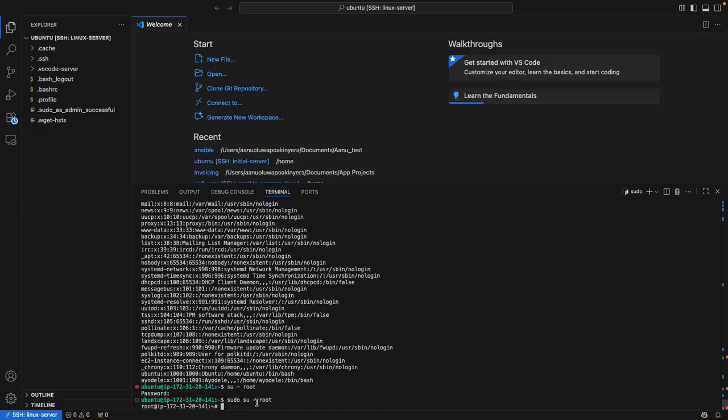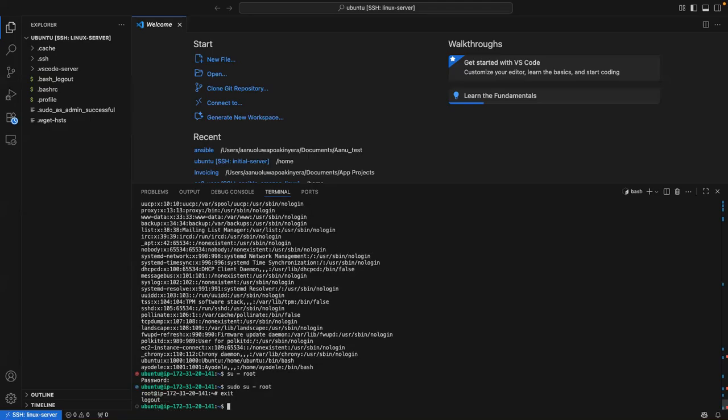So if you are in root and you want to run any command, you don't even need to use sudo because you are already that root user. When you do a sudo as Ubuntu, you are assuming the role of root to do your things. But if you are in root, you don't need sudo because all of your commands just go in straight. To exit my root user, you type exit. And when you type exit, it exits the root and goes back to Ubuntu.